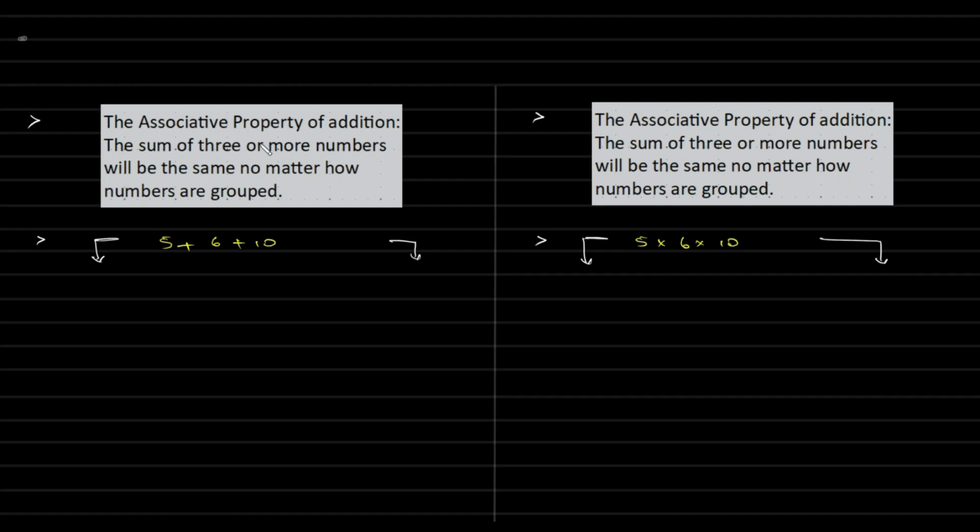So we'll start off with the associative property of addition. The sum of three or more numbers will be the same no matter how the numbers are grouped. That is, if you add one set of things and then add the other thing, it will give the same result as the other way around, right? So the first question,